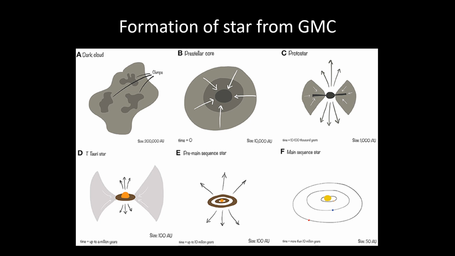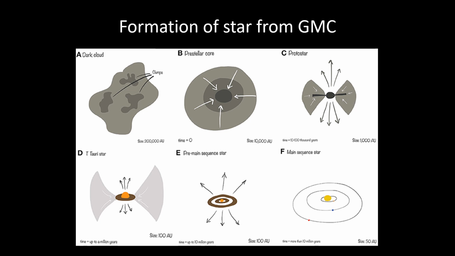So basically, these clumps acquire mass in the form of matter from the triggering situations from the surroundings, and when this mass exceeds the Jeans mass, it starts collapsing in itself. When it starts collapsing in itself, it loses its size. So basically in stage A, the size is 2 lakh astronomical units, and in stage B, which is the pre-stellar core, the size becomes 1000 astronomical units. So the process of the cloud collapsing in itself continues to stage B, and from here our time starts.